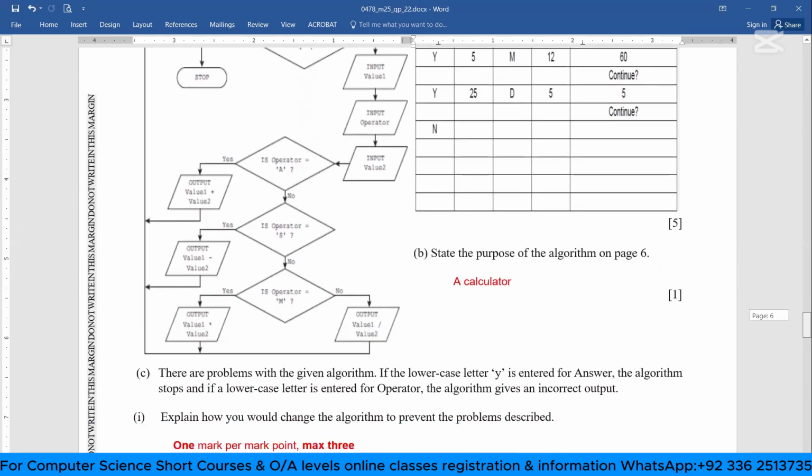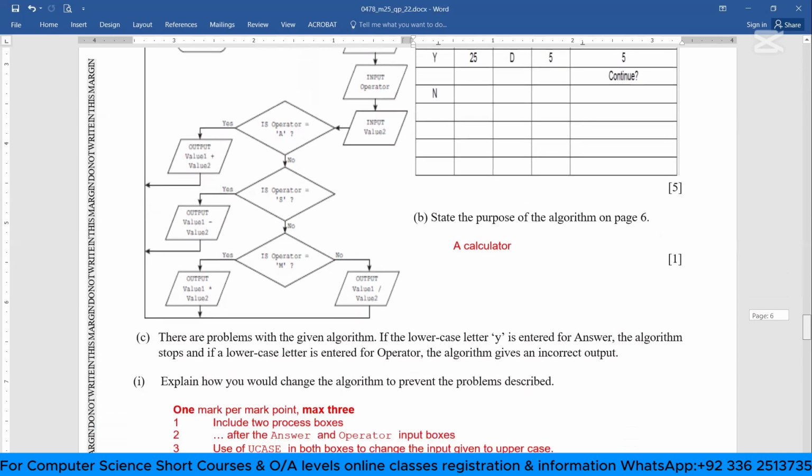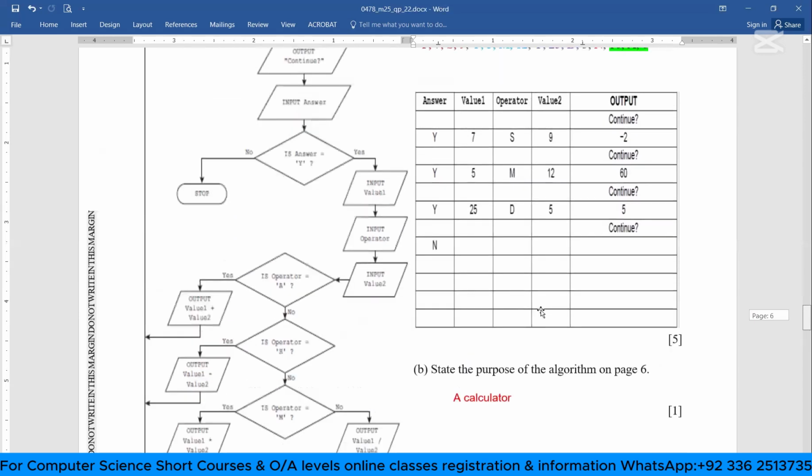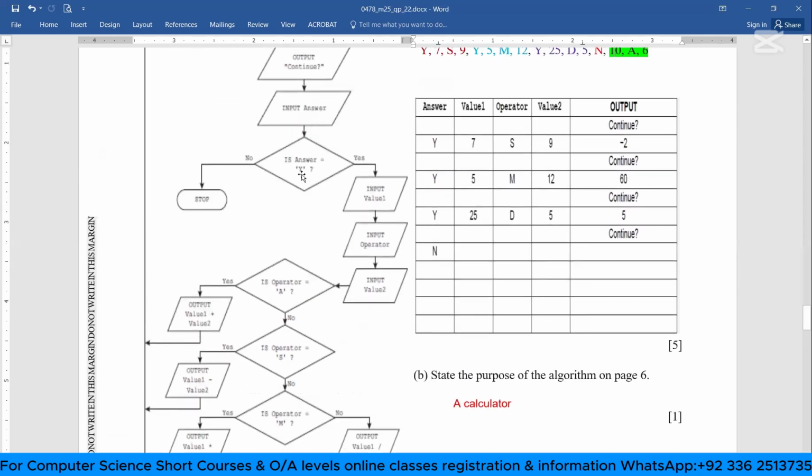Now there are problems. Part C. There are problems with the given algorithm. If the lowercase letter y is entered for answer, the algorithm stops. And if a lowercase letter is entered for operator, the algorithm gives an incorrect output. See, this is for yourself. You must have identified yourself that it's dealing with capital Y only. It means if, for example, the caps lock is off and a person entered small y, so it will end